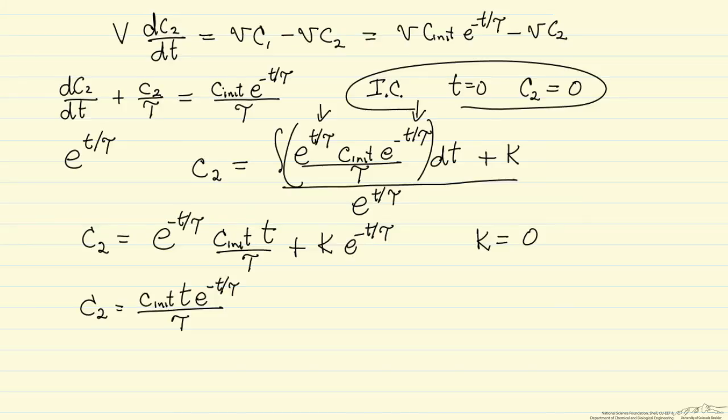So I have C2. I can now do the exact same balance for the third reactor, where there's no concentration of tracer in the third reactor at time equals 0. So the initial condition, t equals 0, C3 is equal to 0. The feed to the third reactor is concentration C2. I won't go through the details. I'm just going to write them down so you can go through them at your own speed.